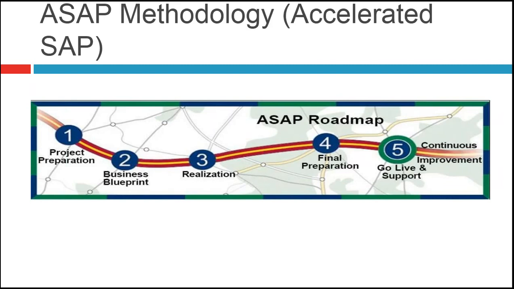According to this, the functional consultant is going to prepare another document, what you call the functional specification. That is passed to the technical consultants, where they'll be developing the code in the development servers. So if anybody asks where exactly the ABAP role comes into the picture, in the whole SAP methodology of 5 phases of implementation, it is realization. Realization is the phase that begins with the completion of the business blueprint in phase 2.